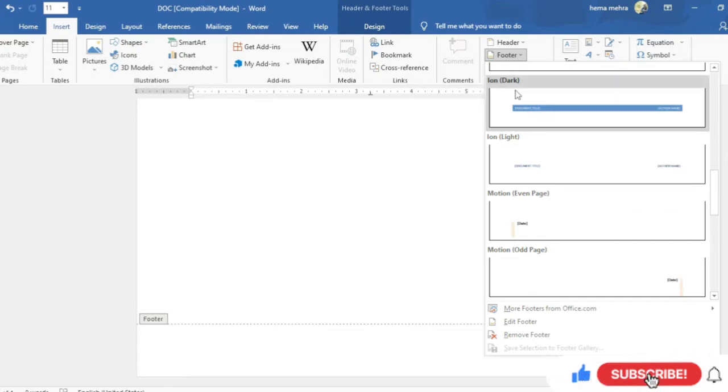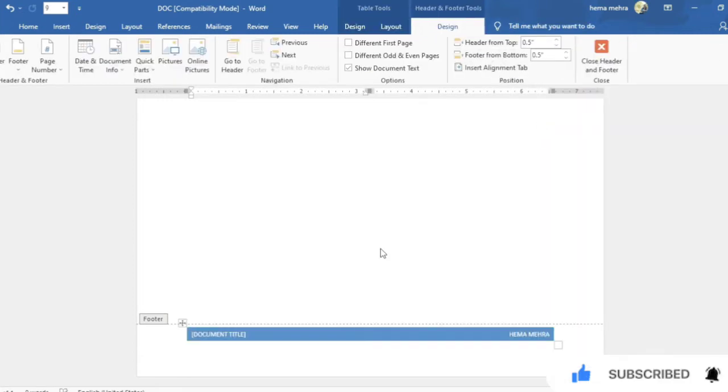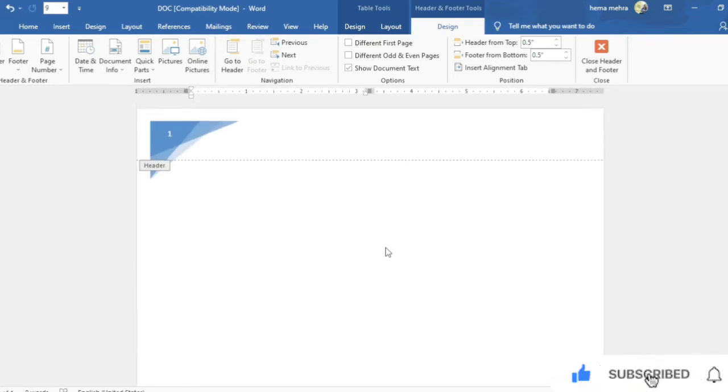So I am using the Ion Dark, and by simply clicking over it you can find your header and footer is added in your document. Now if you want to write some title here, that also you can write.